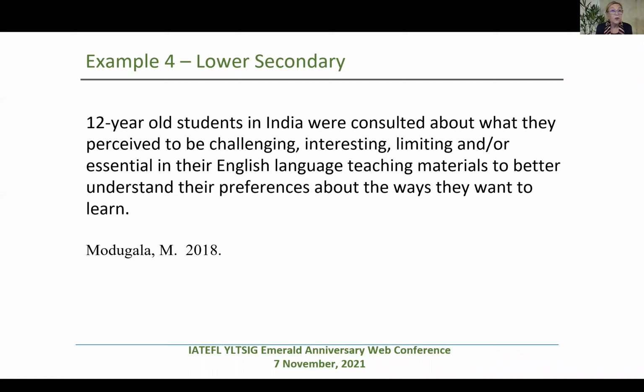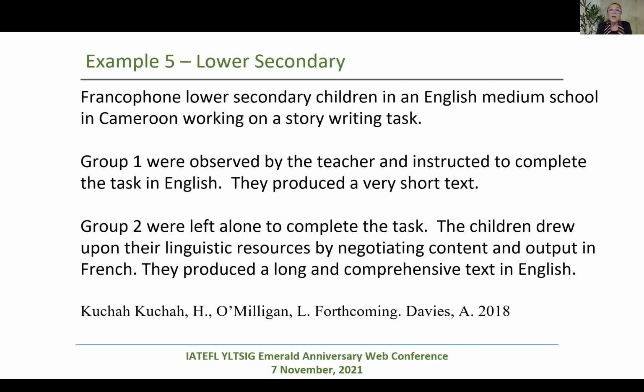They actively think about their materials and are capable of voicing their perspectives if the appropriate language and methods are used. And my final example, another lower secondary, Francophone lower secondary children in an English medium school in Cameroon working